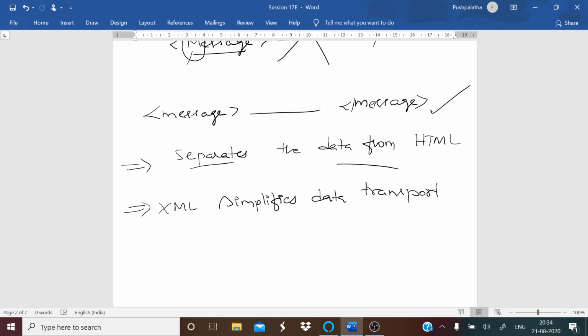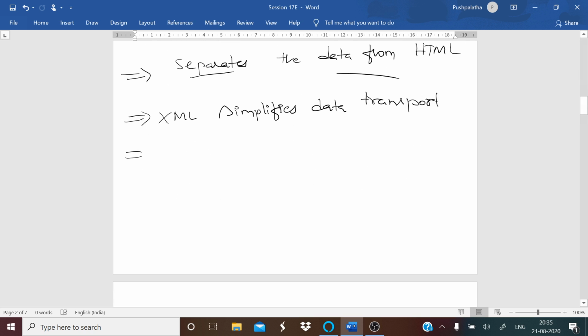That is, it reduces the difficulties that you will have in transferring the data between the different applications. And XML can also be used to create new internet languages. These are the features of XML.